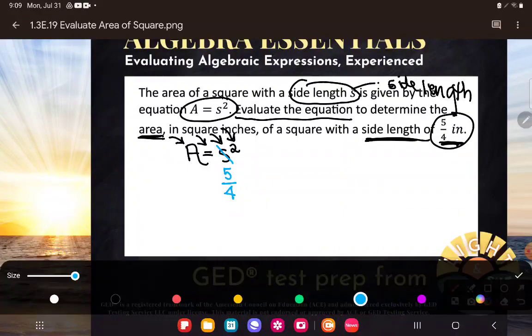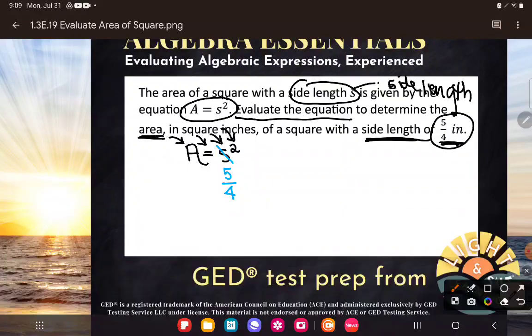Now, anything else I have going on, I should copy down. And I'm going to go ahead and copy down the A. A is, I'm going to speak in complete math sentences. So the area is. Now, I still need to drop down the square. A really, really good habit is when you're raising anything that's complex, anything that's not just a single number to a power, just go ahead and